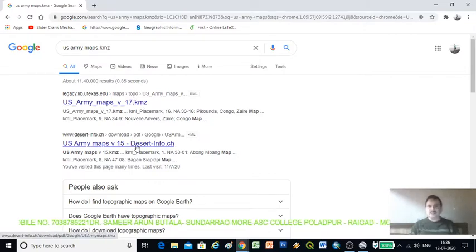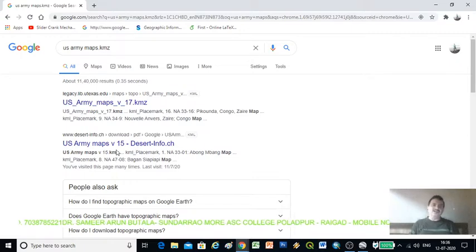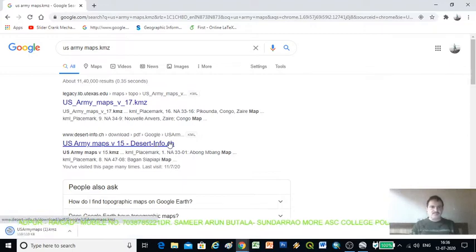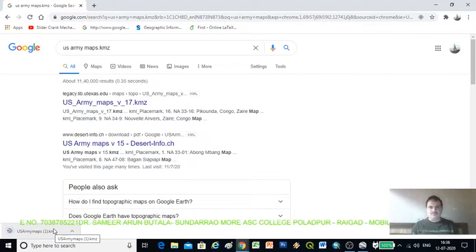So these are the two sites, and we need the US Army V15 desert info. If we click on this, it can't open, it just starts downloading. I just click here and it started the downloading process. This site will automatically download.